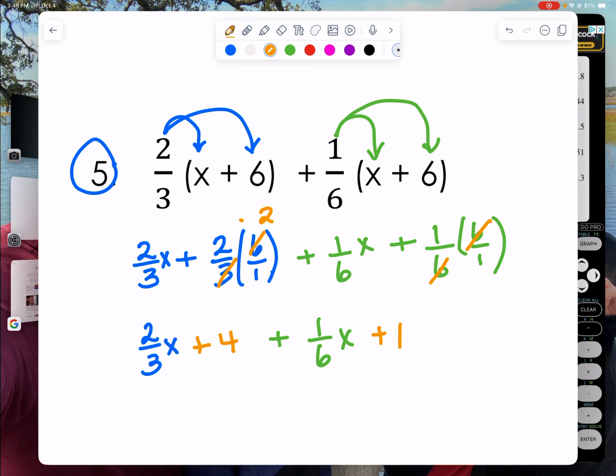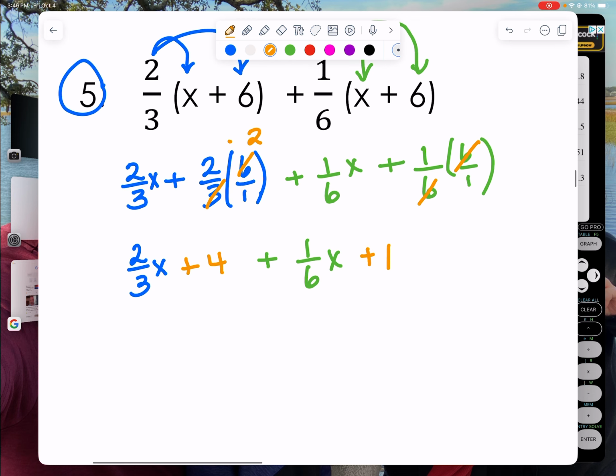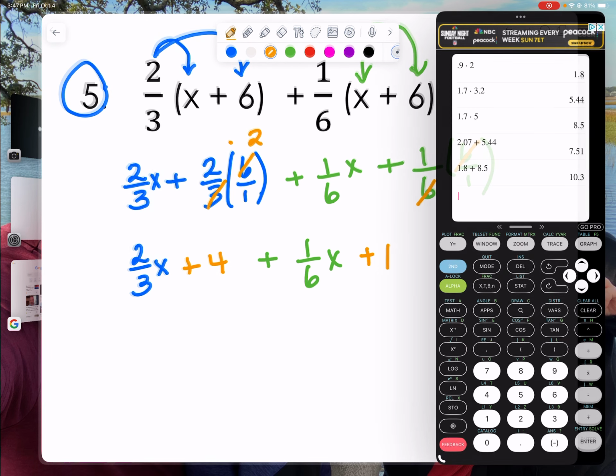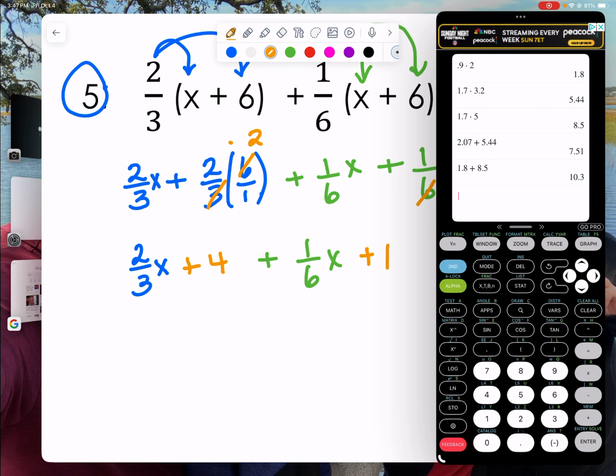So my last step is that I need to combine my x's. So I had, I'm just looking, sorry. So I have 2/3 plus 1/6. Now you can, if you want to, do this by hand, but you also have a calculator. Now I don't have a calculator like yours,